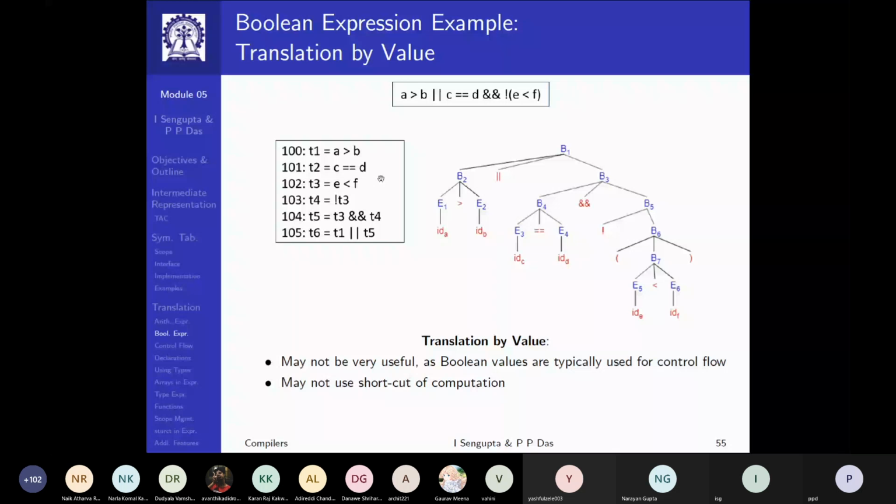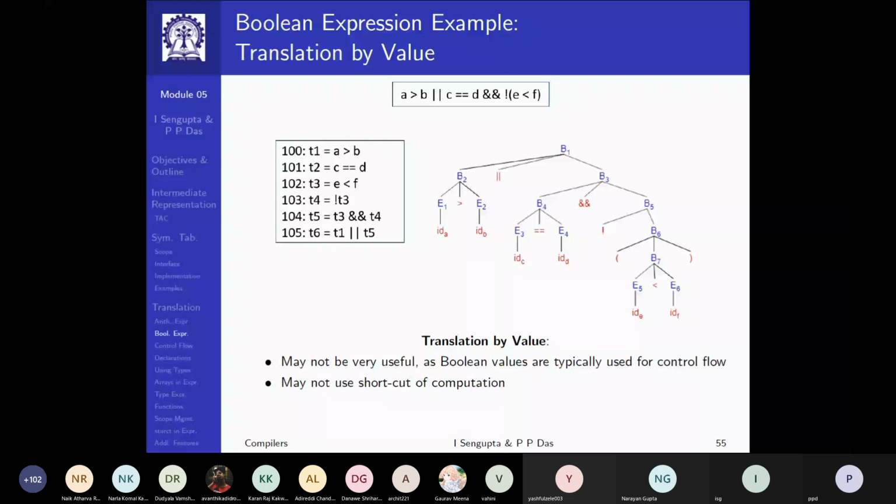You can imagine that all these temporaries are keeping Boolean values, that is, true or false. Then will be this part, E less than F, which will generate T3 here. And naturally no new temporary will be generated because of the parenthesis. But then there'll be a reduction here, the negation of T3 into T4. And then we'll have the and, and then we'll have the or. So this is a simple, arithmetic expression style evaluation of them.